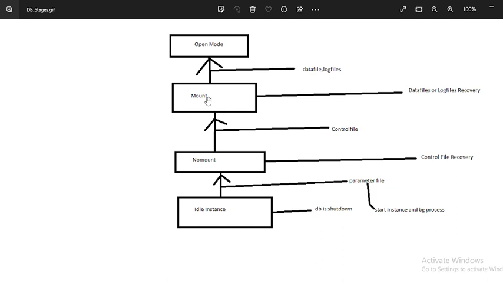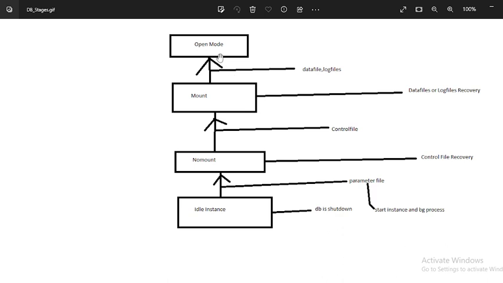So if we want to open our database from mount to open mode, at that time, if there is no problem in data files and log files, in the sense of redo log files, then your database will be open.